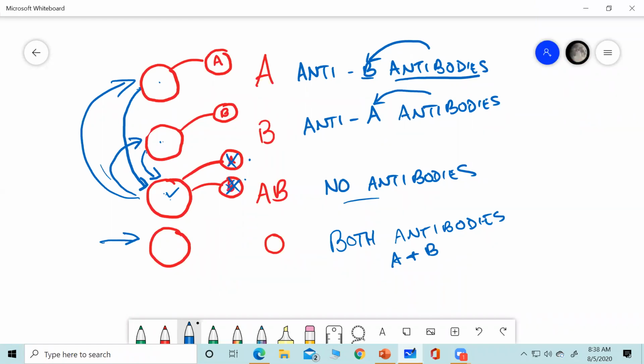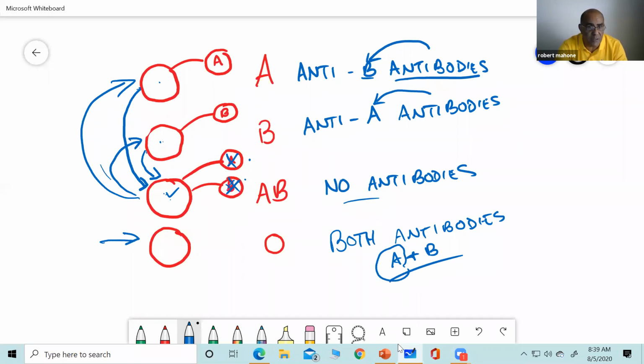Absolutely not, because they have both antibodies. If you put A blood into this person, their A antibodies will attack it and destroy it. If you put B blood into O, their B antibodies will attack it and destroy it. If you put AB blood into an O person, both antibodies will attack and destroy it. So O cannot receive transfusions from any of these people. O can only receive blood from another O person,